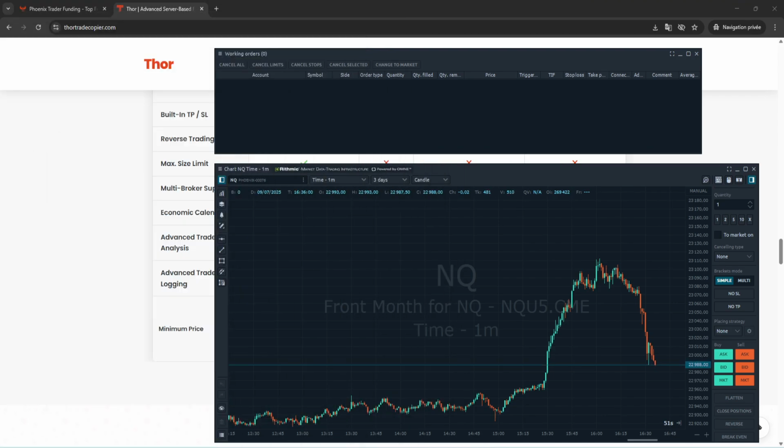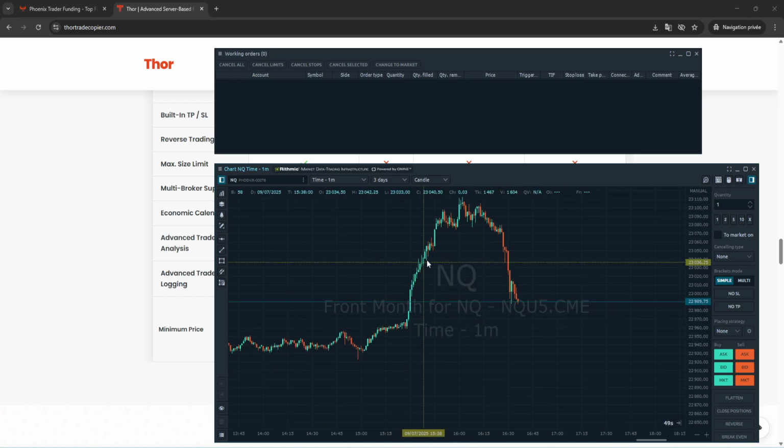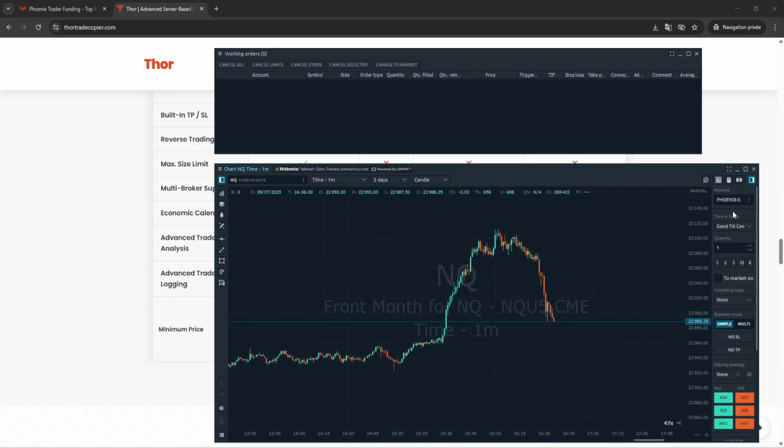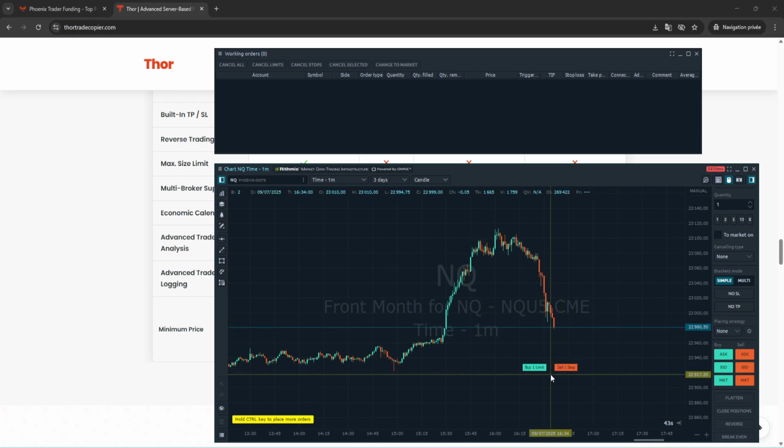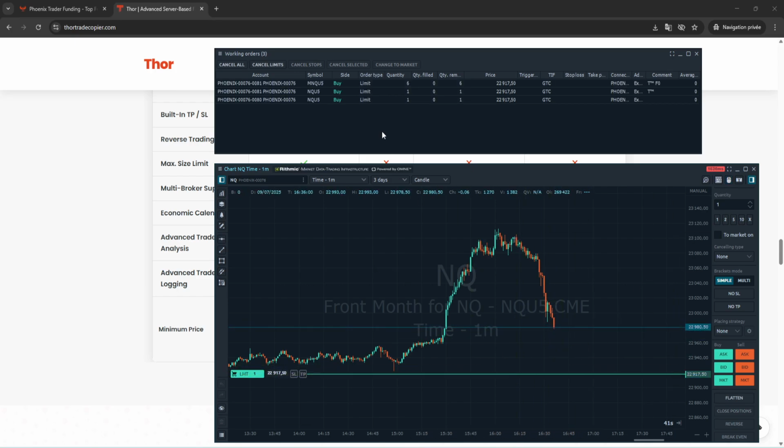In Quantower, let's say that I will place a limit order there. Poof. As you can see, it did the following thing. So it did one mini for the leader account, which is logical, and one mini, 6 micros for the follower. The cool thing with Thor, but also a thing to take into account, is that when you change